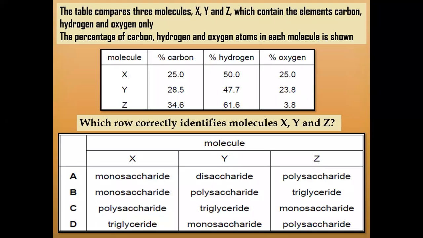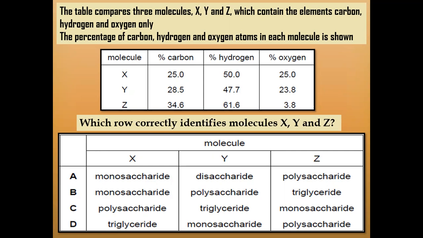The table compares the three molecules X, Y, and Z, which contain the elements carbon, hydrogen, and oxygen only. The percentage of carbon, hydrogen, and oxygen atoms in each molecule is shown in the table. According to the percentages in the table, we are supposed to identify the molecules X, Y, and Z. If we look at the percentage of hydrogen and oxygen, we can identify them with the help